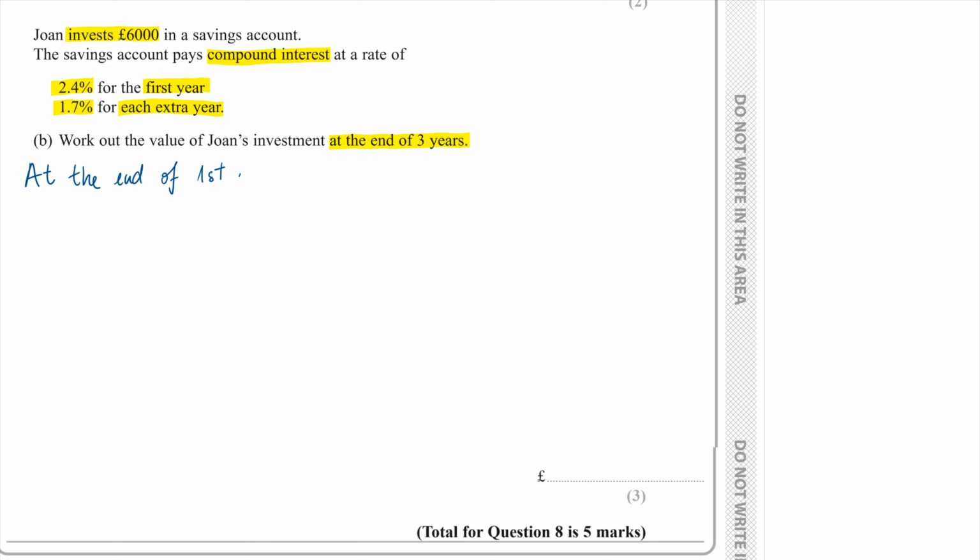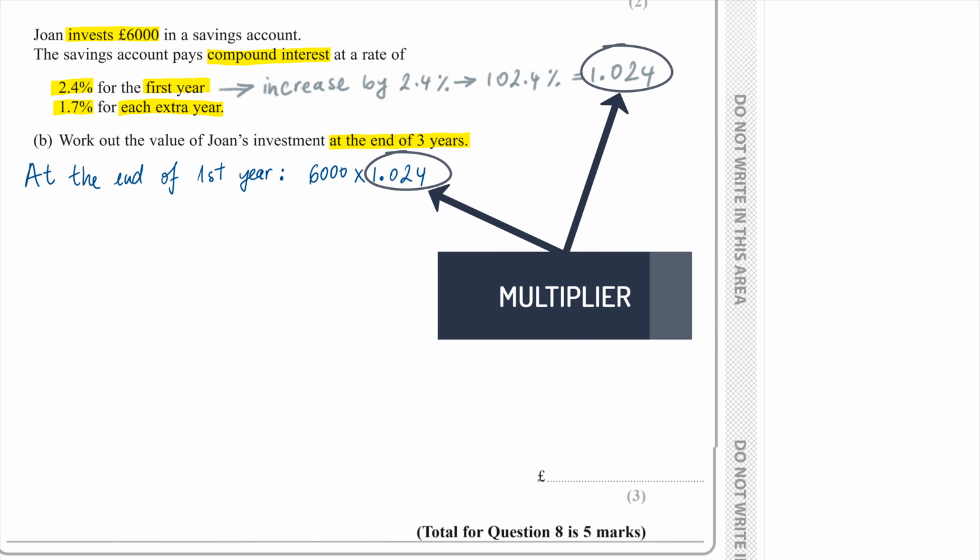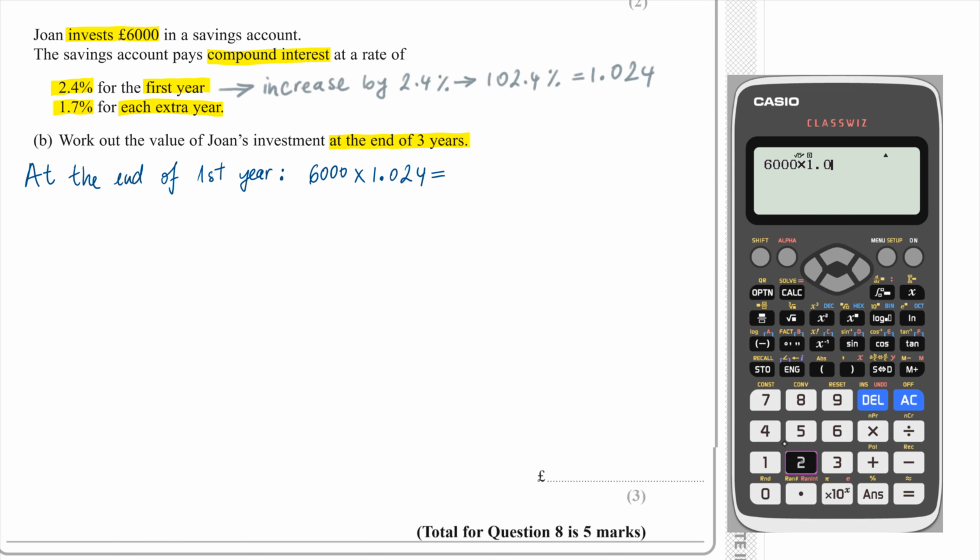At the end of the first year, the account will have £6,000 times 1.024. Because an interest rate of 2.4% represents an increase by 2.4%. This is 102.4%. Written as a decimal is 1.024. This is also called a multiplier. This is what we multiply the original amount by. So at the end of the first year, the account will have